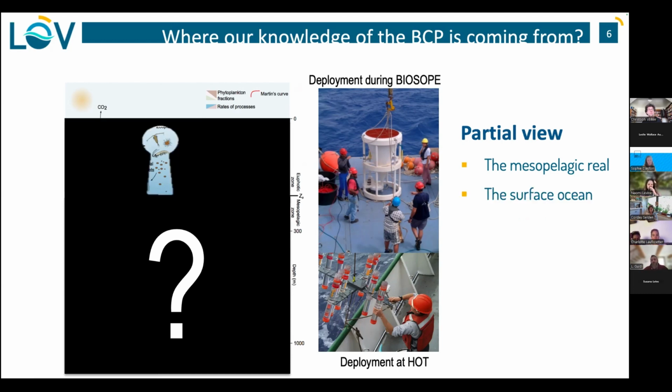At the same time, we've been looking at whatever is shaping the flux, so whatever is happening at the surface and driving export of material from the surface. This is the same thing. For years, we've been looking at a partial view of the ecosystem. It's like looking through a keyhole. We're focusing on key organisms, a few that could be measured or could be sampled.